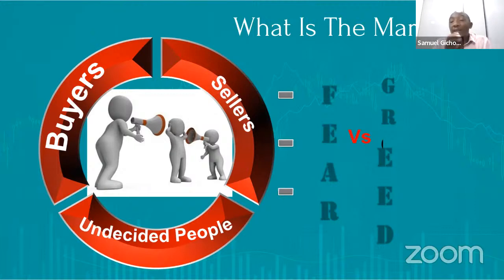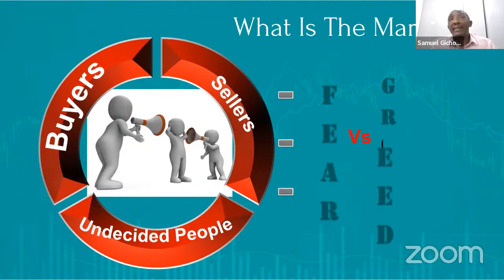But remember, your interest in the market is what governs your view of who's more important, the seller, the buyer, or the undecided person. If you're the seller, then the most important person to you is probably the buyer. Why? Because you're coming to sell something. If I'm going to Nairobi, which is a market, to sell something, my worry would be who will buy it, or will there be buyers? The same applies to buyers. If I'm going to buy something in Nairobi, my interest will be where will I find somebody selling what I want to buy.